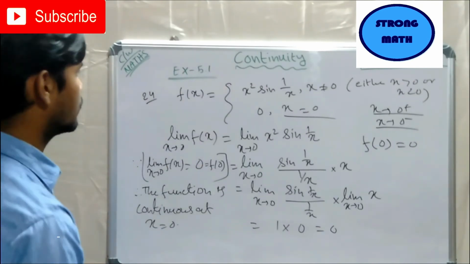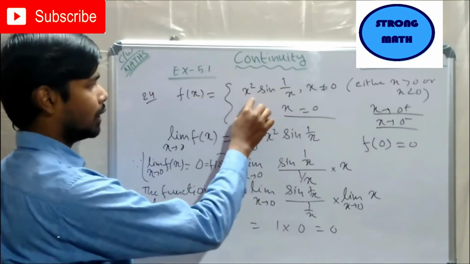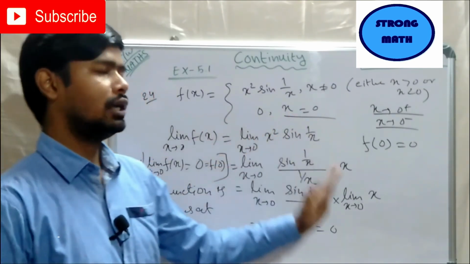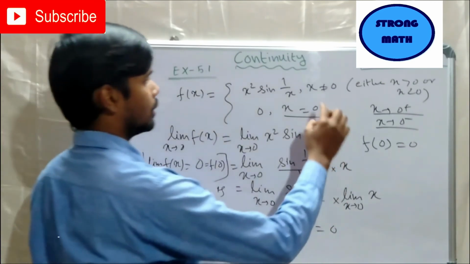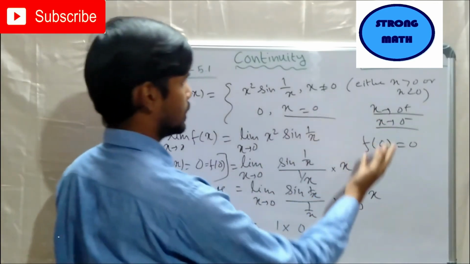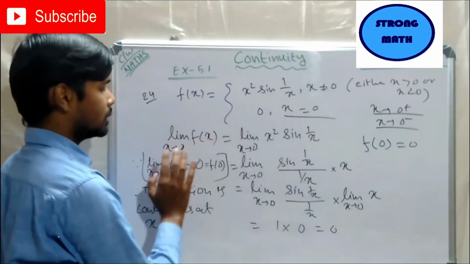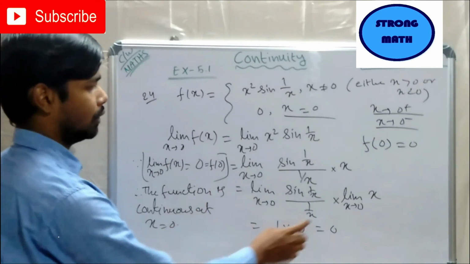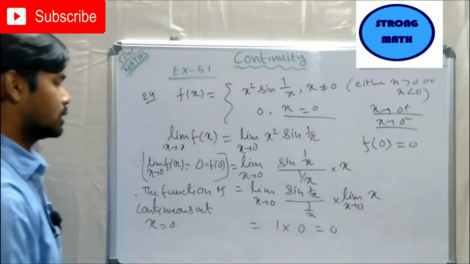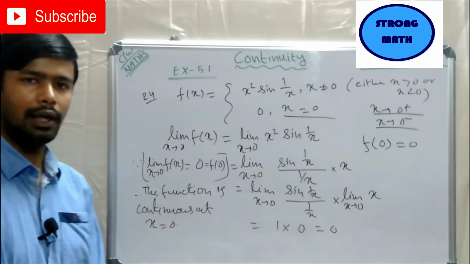Let's repeat again. Since x is not equal to 0, the function gives us this value, and for x equals 0, the functional value is 0. No need to calculate the right hand limit or left hand limit, because x not equal to 0 means either x is greater than 0 or x is less than 0. So for either case, the value of the function is the same, right? So we only calculate the limiting value and the functional value. The limiting value gives us 0, and the functional value is also 0. Since the limiting value and functional value are equal at 0, hence the function is continuous at x equals 0,